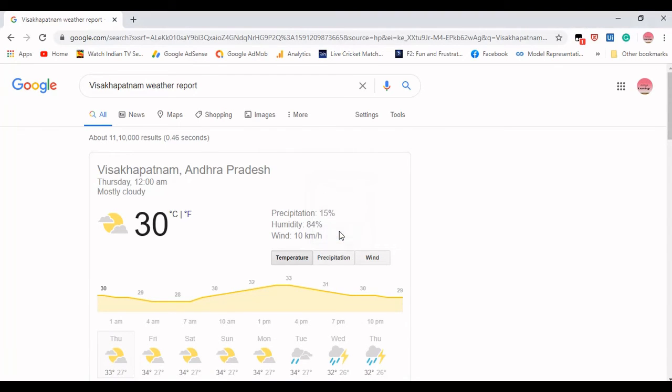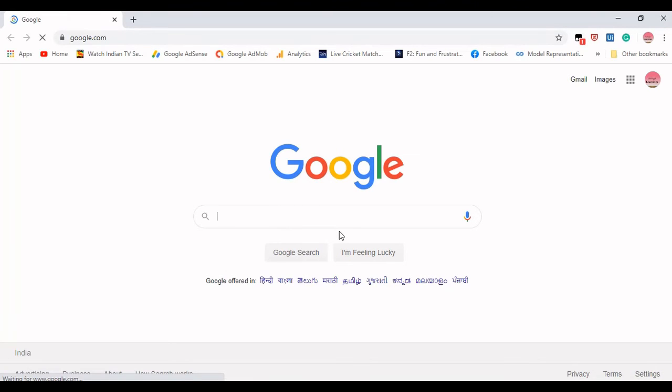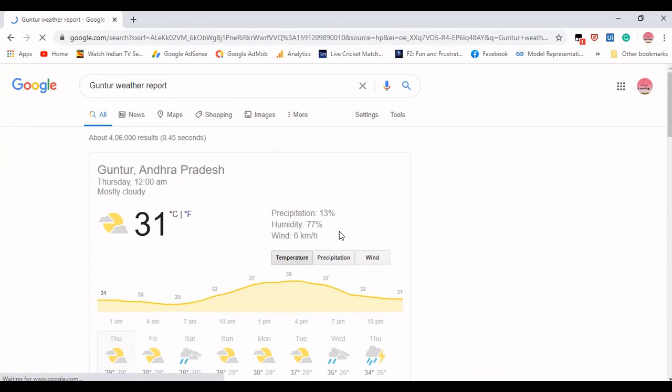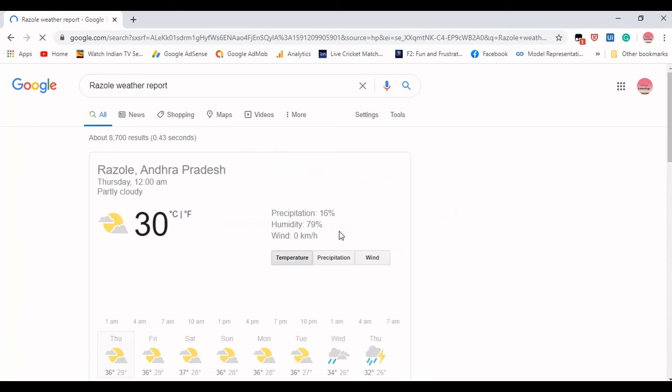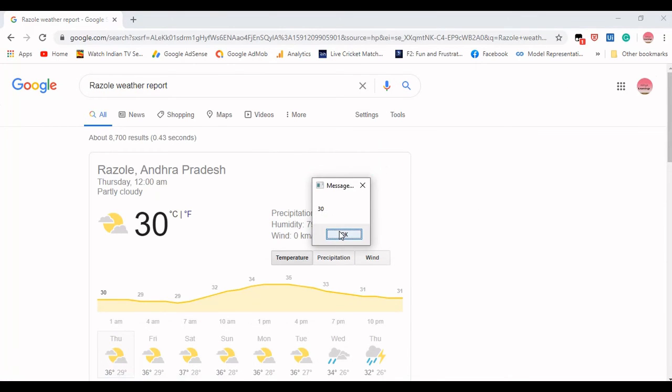It is 30, 15, 84, 10 kilometers per hour, and the third one is Guntur. 31, 13, 77, then it's 6 kilometers per hour. The last one is Razon. 16, 79%, and wind is 0.